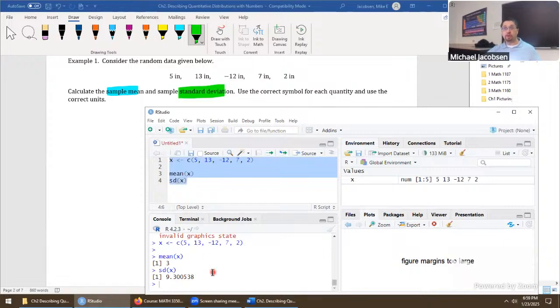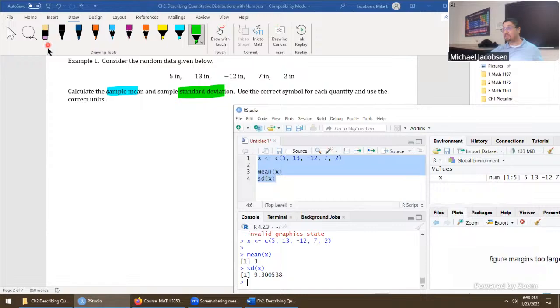I didn't say what to round to on these, so use your best judgment and you'll be just fine if there's no indication on rounding. You don't necessarily have to copy in that whole number. That'd be kind of strange. But this is at the part of the course where you really have a lot of options on how you do this on your homework assignment. Imagine this is a real problem on assignment number 2.